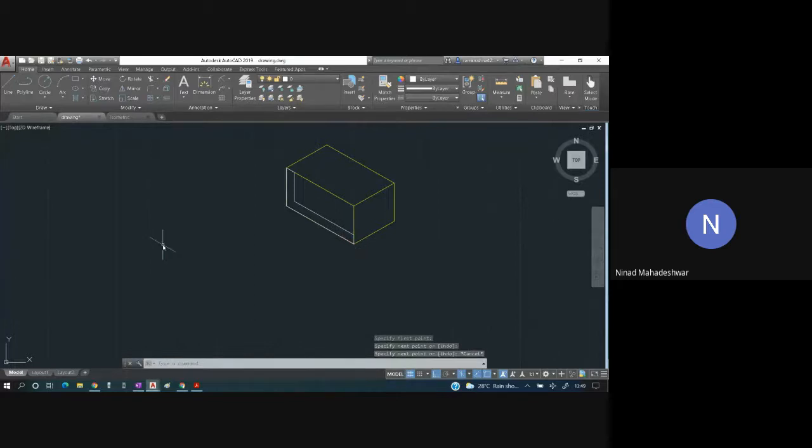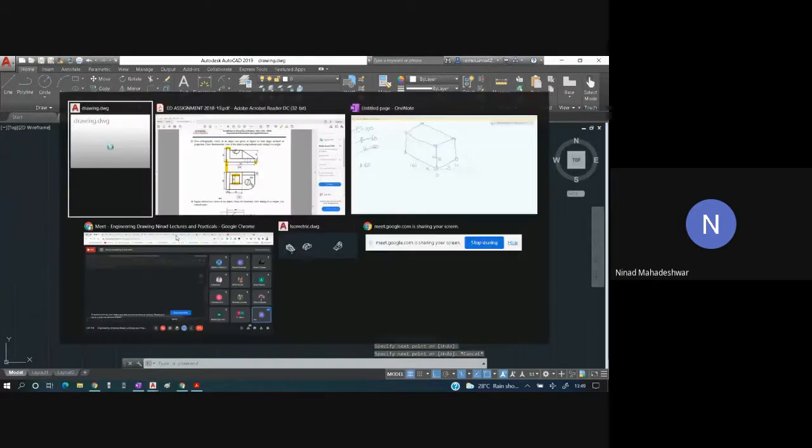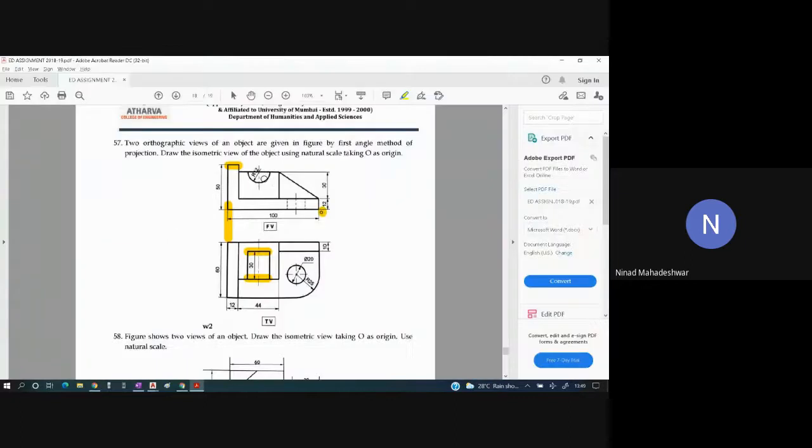Okay, everybody has understood. So we have drawn the L section over here. Now let us draw this entire rectangle. From here you have to go down by certain mm. How many mm will you go down from the top? Can anyone tell me? 8 mm. Why 8 mm? 50 minus 30, that is 20. 20 minus 12, that is 8. So 8 mm from here.